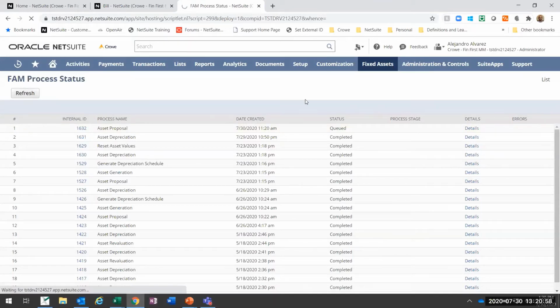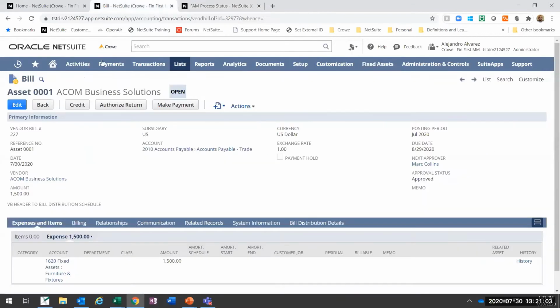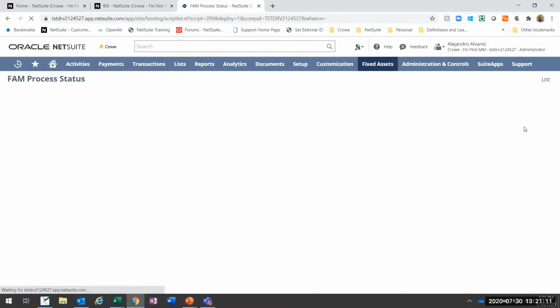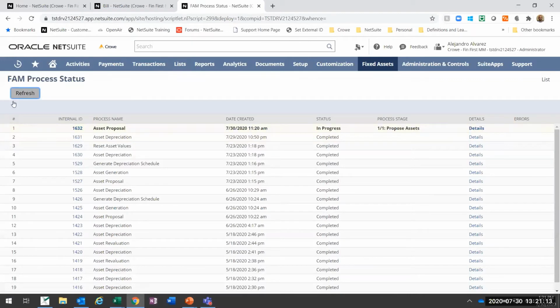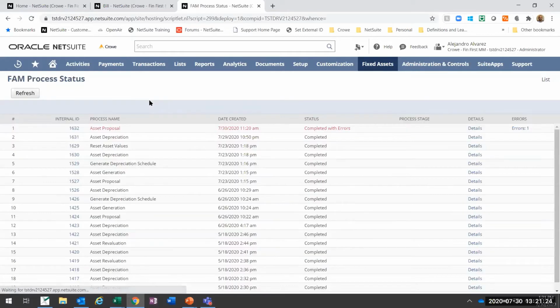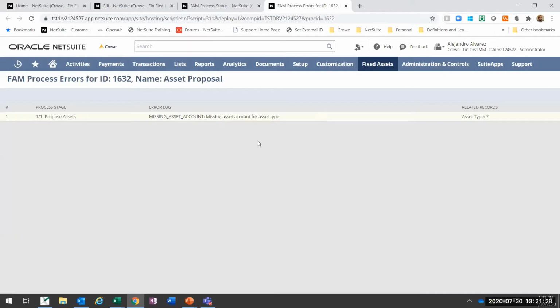You can see the process running if you want to, or you can go and continue doing other things using other tabs in NetSuite, and you can even close this. But if you want to see that it's finished and there are no issues, no errors, it'll tell you if there are errors here. You can leave this open and just allow it to refresh, and it can take a few seconds to a few minutes depending on the number of assets. This one completed with error, so I want to show you what the error would be. And it says